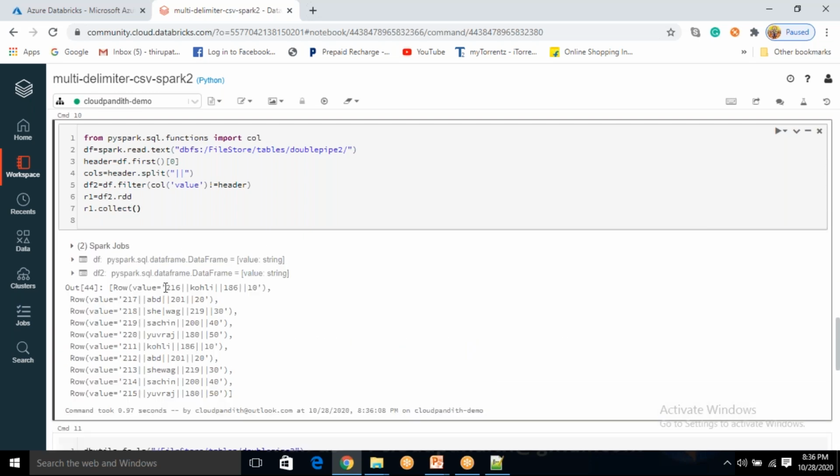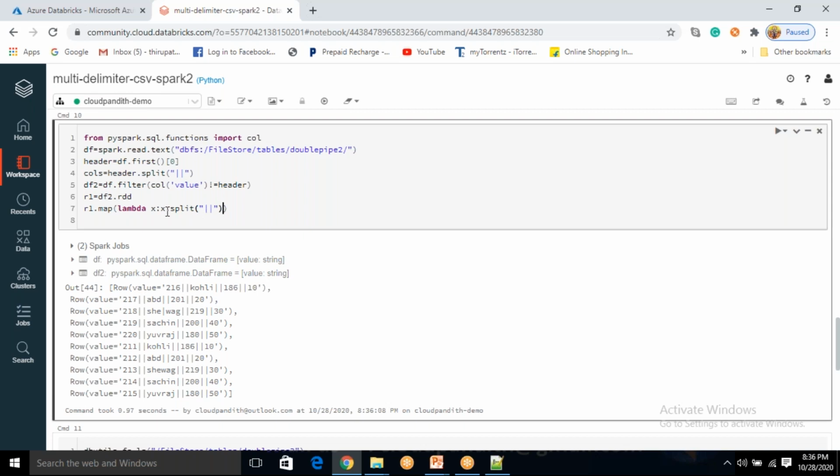Okay, collect. Now what I am going to do is get each row one by one. How will you get each row one by one? You just have to say map lambda x. In this, x is nothing but the entire row, from here to here, then from here to here, something like that, right? Now what you need to do is x.split. I want to split this based on what? Double pipe. I need to split based on the double pipe.